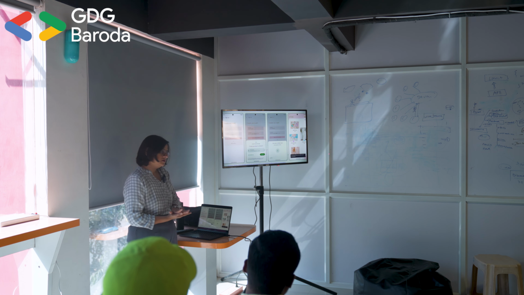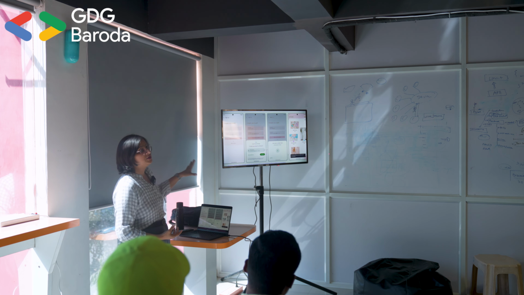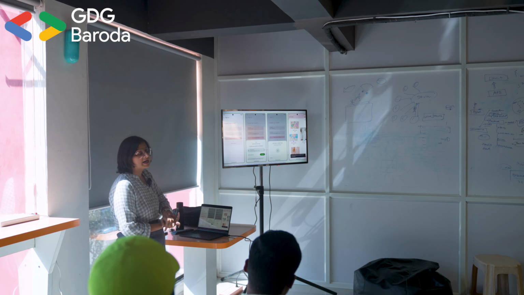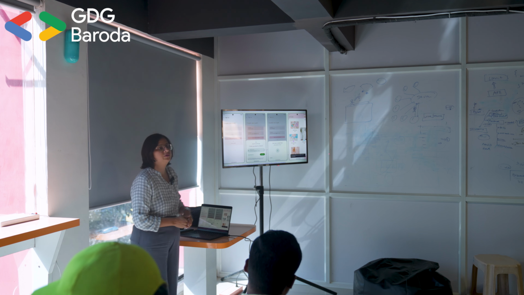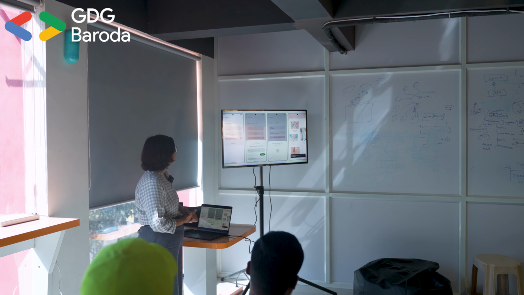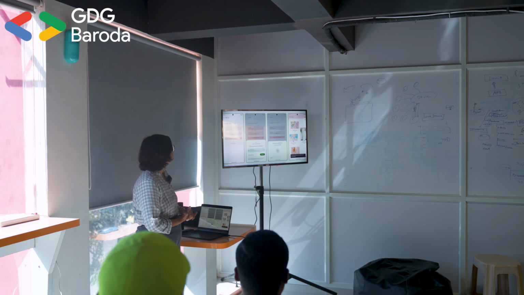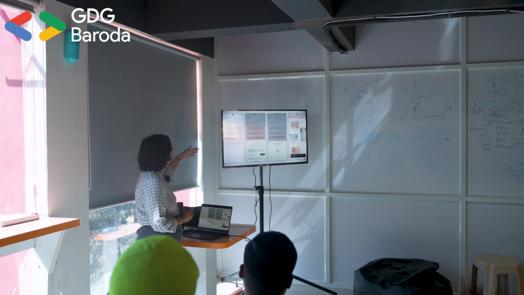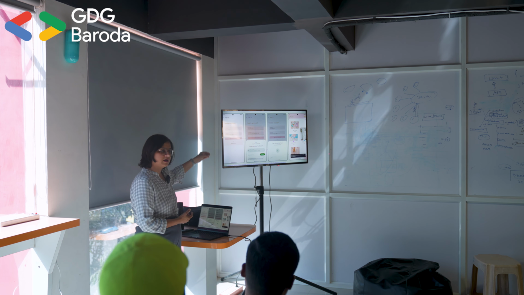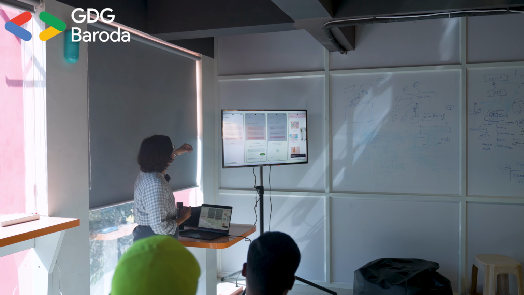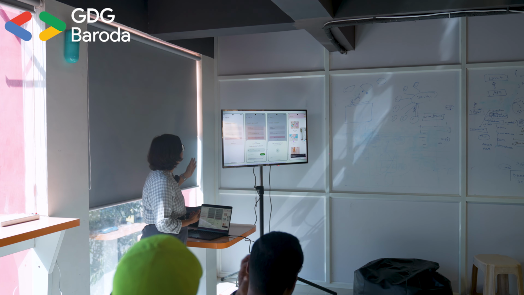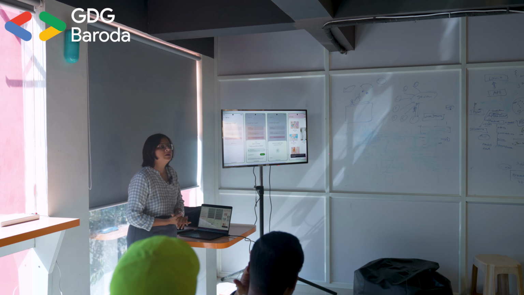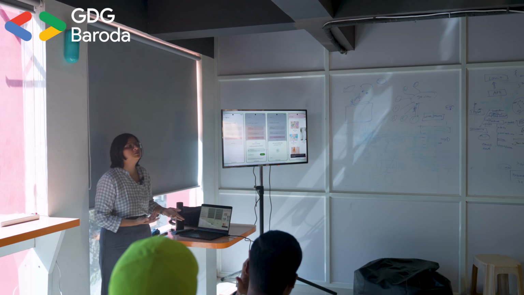So as promised, this is a basic UI of how your app is going to look when your users are going to sign in to your app. Register in your app. So this is a sign up page where the user will fill up the minimal requirements that your app needs for the details of the users. And then when they click on sign up with a passkey,